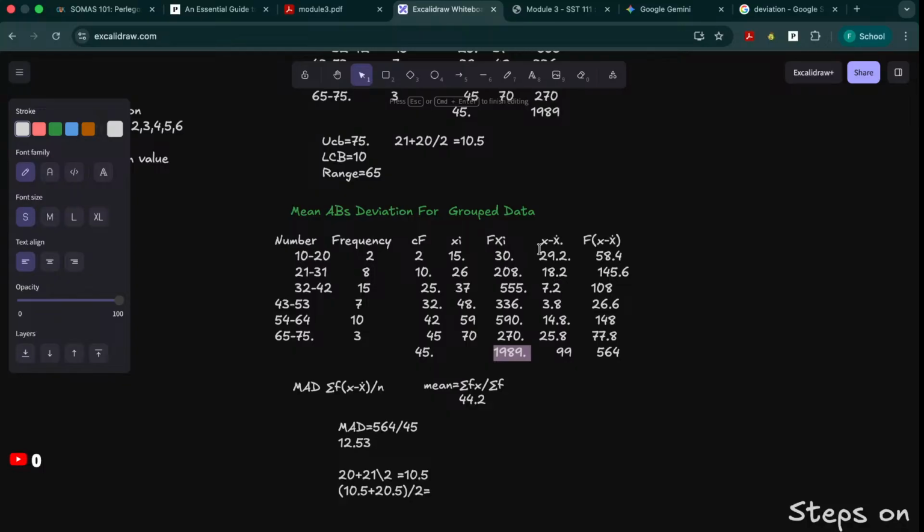Then the other part we are supposed to do is x minus the mean. So how do you calculate your mean? You calculate your mean using this formula: summation of fx, which is here, divided by the total cumulative frequency. So let's do it: 1989 divided by 45. So our mean is